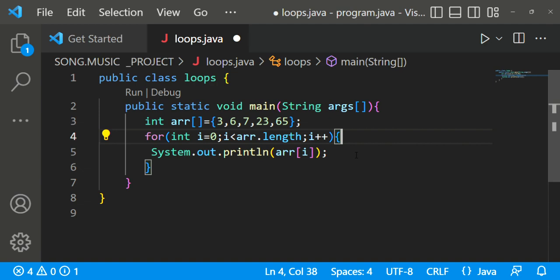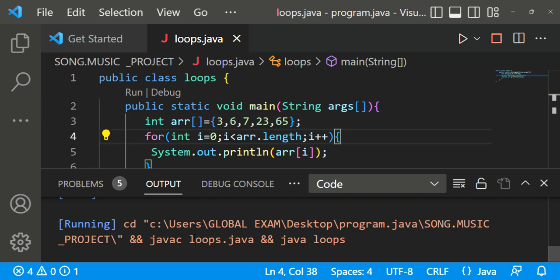arr dot length. Arr is the name of the array, dot length means ये क्या बताएगा कंपाइलर को? arr जो array मैंने डिक्लेयर किया है उसकी लेंथ क्या है, पर्टिकुलरली ये arr dot length इसकी लेंथ निकालता है। लेंथ है 1 2 3 5, लेंथ है 5, 5 से नीचे 0 से 5 तक पर 5 नहीं लेंगे क्योंकि लेस देन लिया है, इक्वल टू नहीं लिया, 5 एक्सक्लूडेड होगा। सो ऐसे हम इटरेट करते। मैं प्रोग्राम रन कर लेता हूँ, देखेंगे यहाँ पे आउटपुट क्या आएगा।